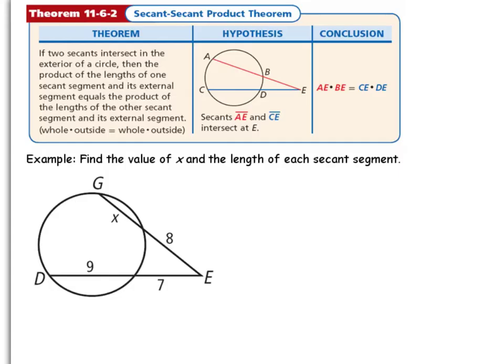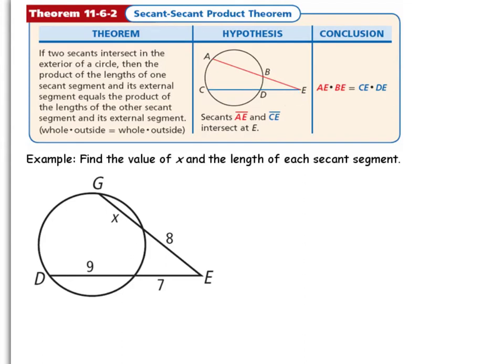So in addition to chords, we like to work with secants. And remember, secants are those line segments that go through my circle. So in this case, I know that I've got secant AE and I've got secant CE. The secant product theorem states the following, that if these two secants end up intersecting in a point outside of